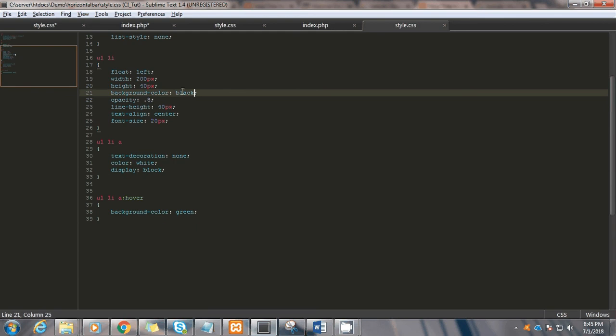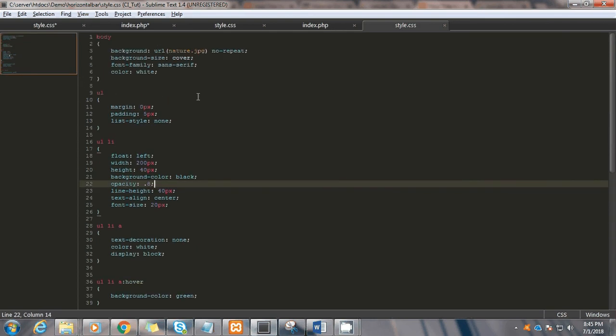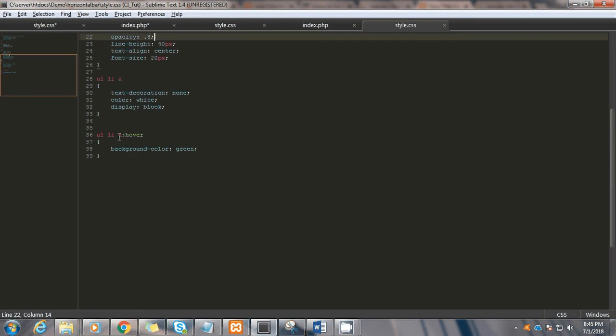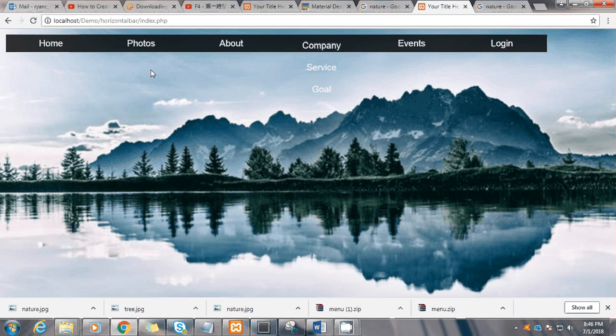So the background color should be black and the color in here is white. So this code in here targets the A. So it's ULLIA and then hover. So basically what it does is if you put your mouse on your LI, the home, photos, about, company, events and login,